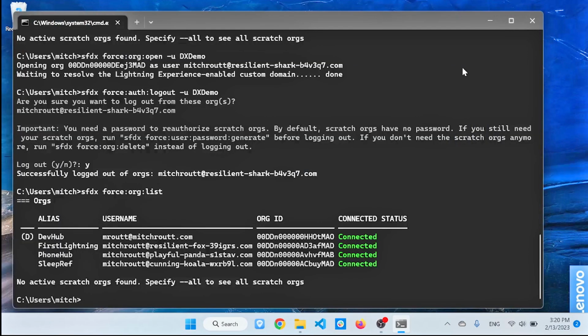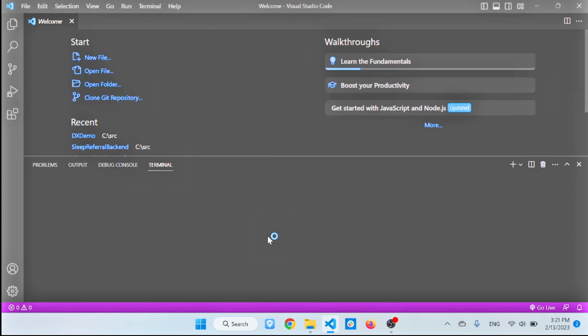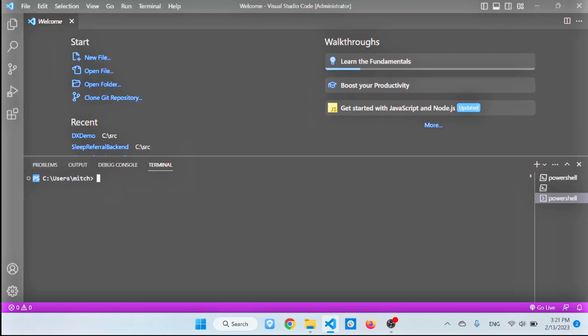So now you're saying, Mitch, I do all my work in Visual Studio Code. I don't want to open up a separate command prompt to run my Salesforce CLI commands. Great. So I'll show you how to run the same commands in Visual Studio Code. So let's close our command window here. Open up VS Code. And we can go up here to the terminal menu and say New Terminal, which is the equivalent of opening a command prompt. There are some slight differences here. This is a PowerShell command prompt. You can see the PS in front of it,